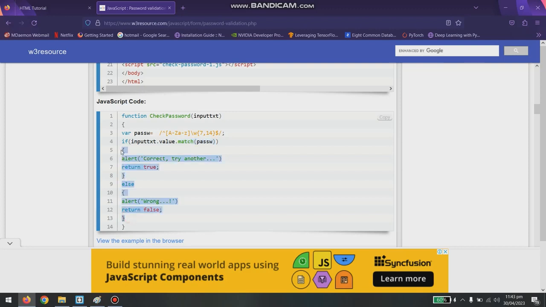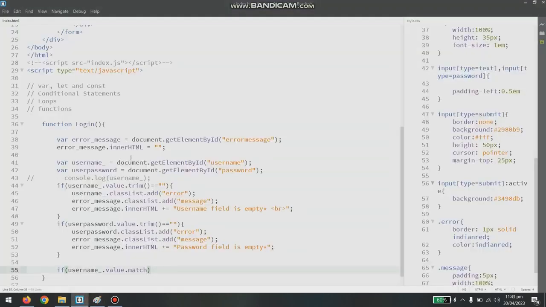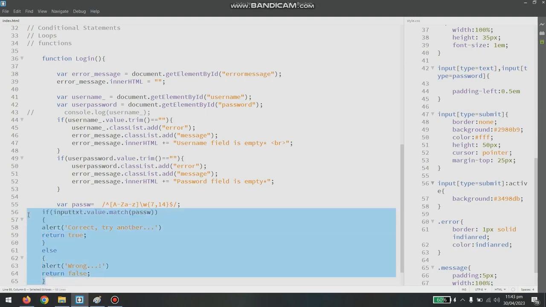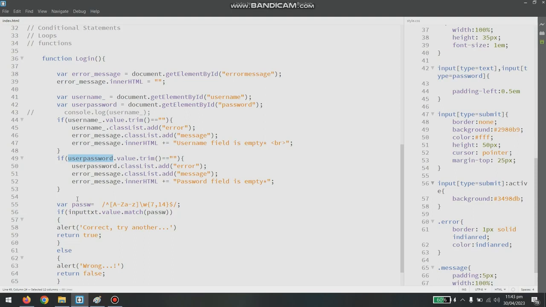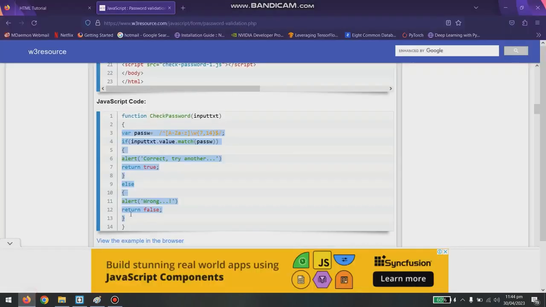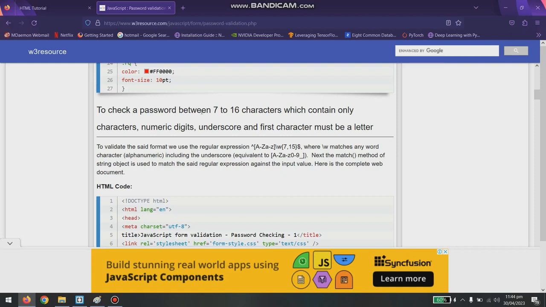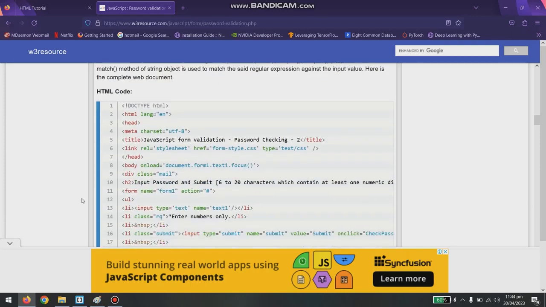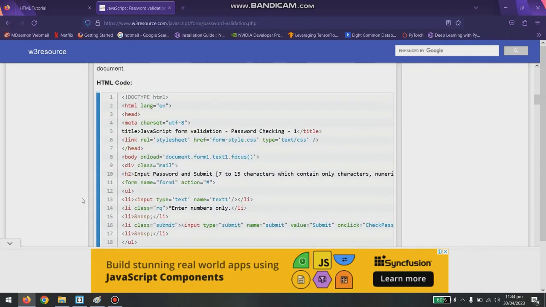So I can just copy this code here with the regular expression and type here. I just have to change the alias, that is my own. So user password. Okay. So it says it should contain numbers, and then let me check a password between 7 to 16 characters which contain only characters, numeric, underscore, and the first character must be a letter. Okay. So not completing everything,